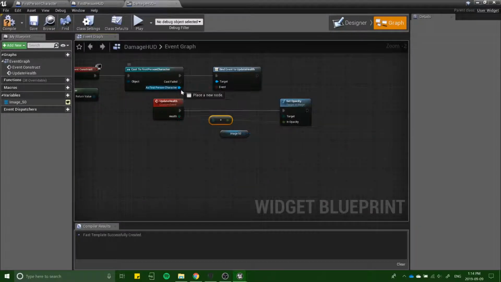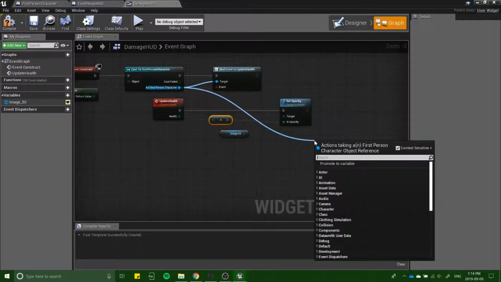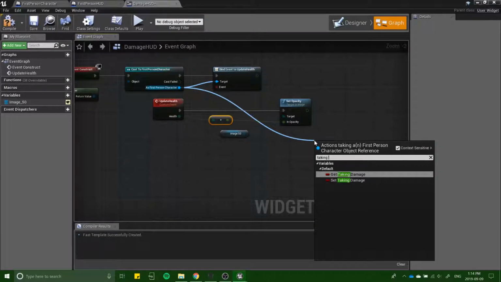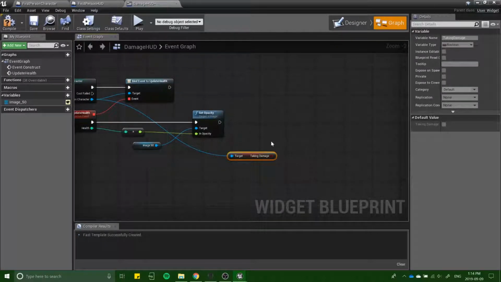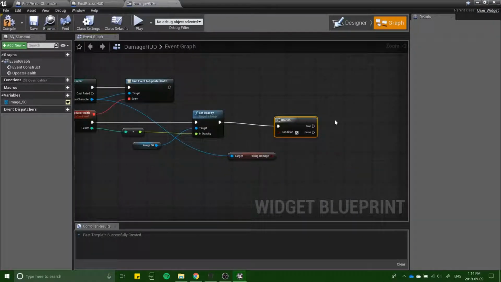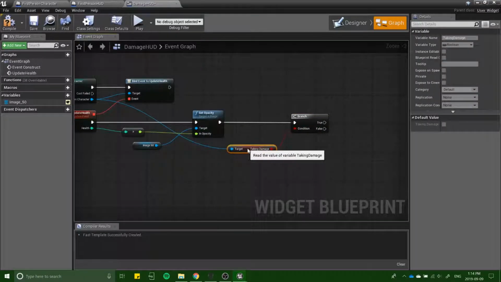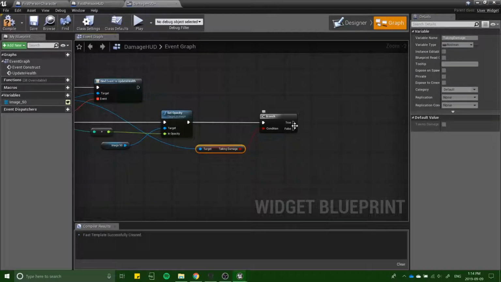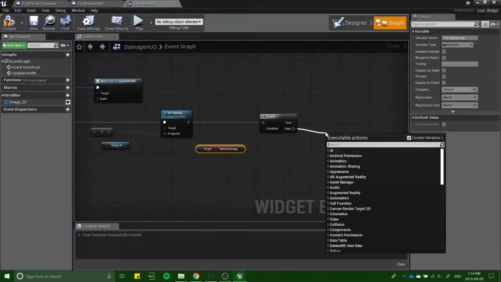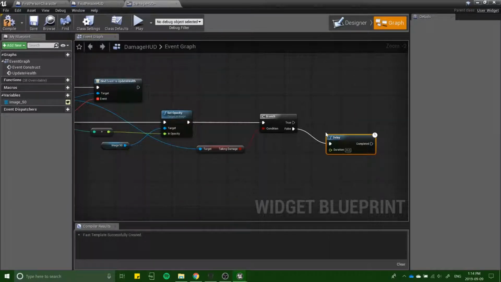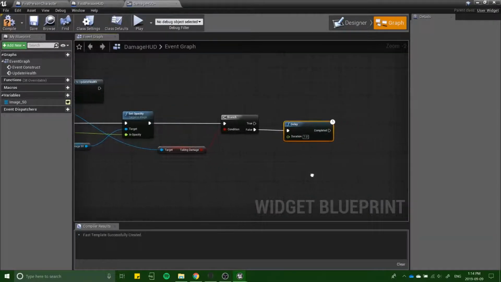Next we're going to pull off of our first person character cast and get taking damage, branch, is it taking damage, and if it is not taking damage, we want to delay 1 second,